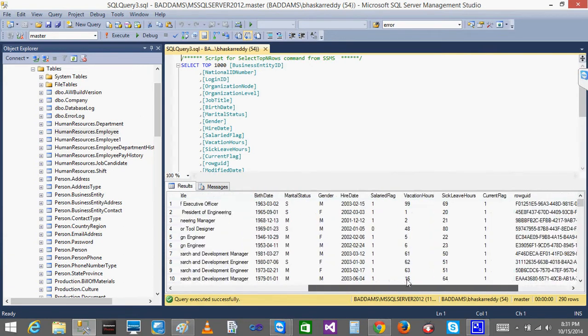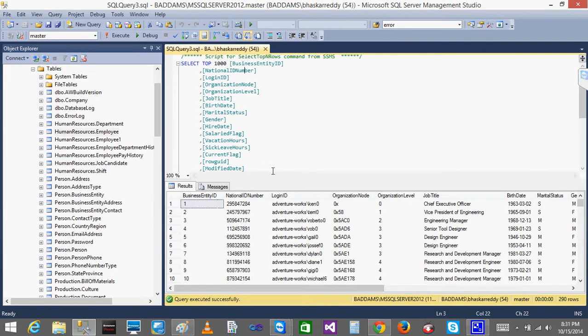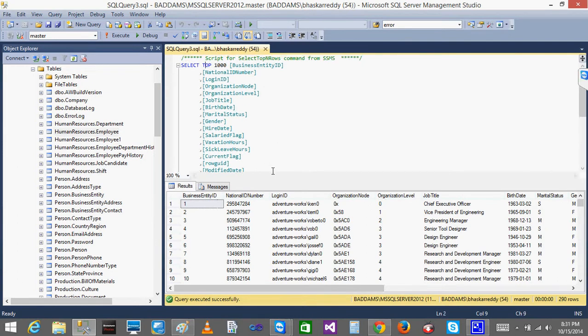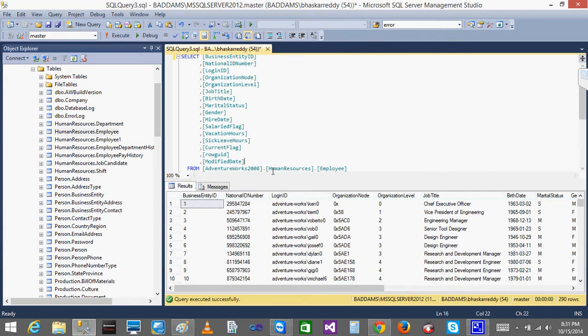Say there is a table called the EMP table. Now, I'll have multiple users accessing this EMP table. Only the managers can see all my columns. If a manager accesses this table, I want him to see everything: my birth date, my marital status, whether I am married or single, my gender, and all those things. But except for the manager, if any other person wants to get the data from the table, he should not